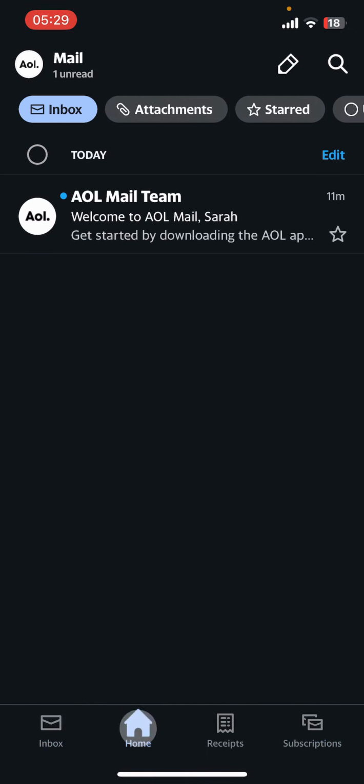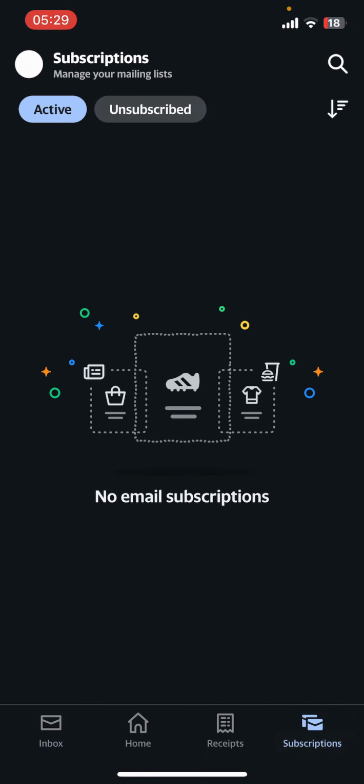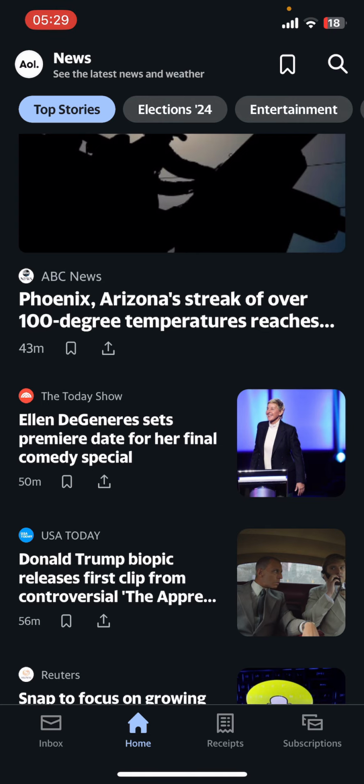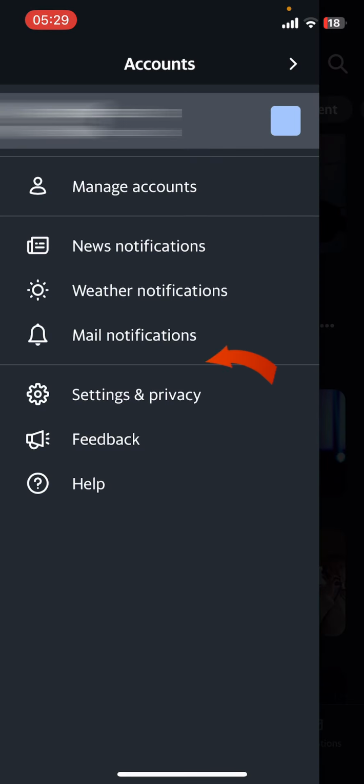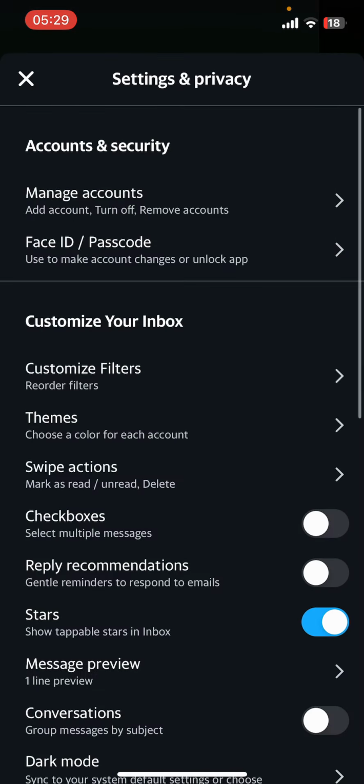Now on your screen, you can see options like Inbox, Home, Receipts and Subscriptions. Stay on Home, then go to top left corner. Now from there, go to Settings and Privacy, where you can see options like Manage Account, Face ID or Passcode,